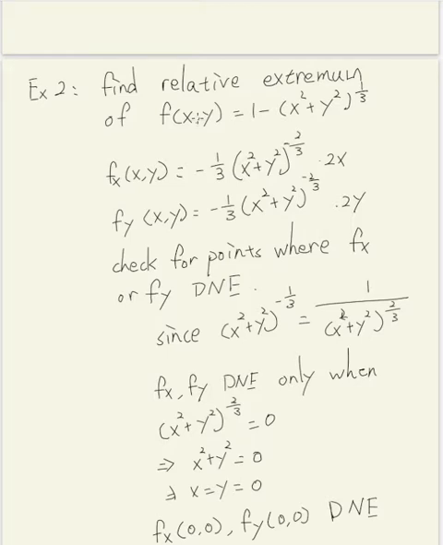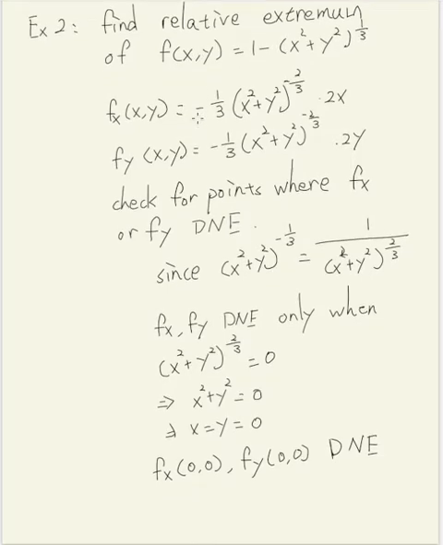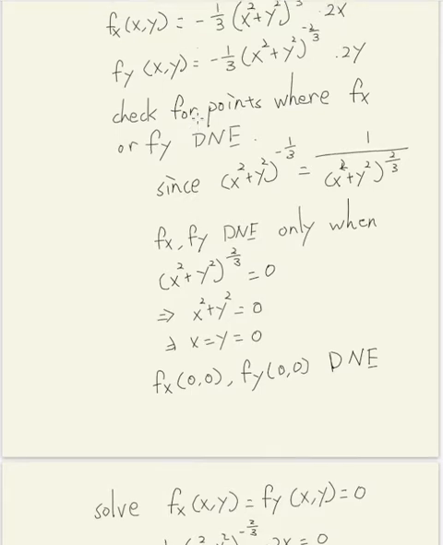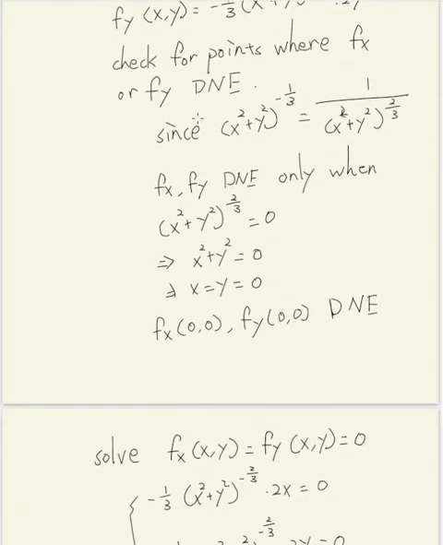When f becomes larger, or if you let z equals f of x and y, the height z becomes larger, then 1 minus f becomes smaller, and that means the radius becomes smaller. So you get a shape with the horizontal traces being smaller and smaller circles,